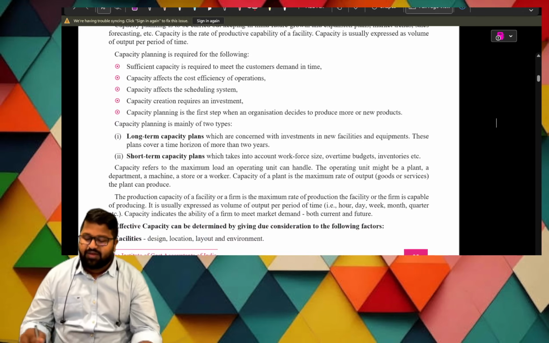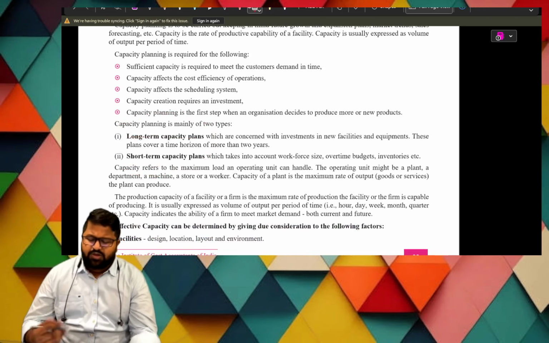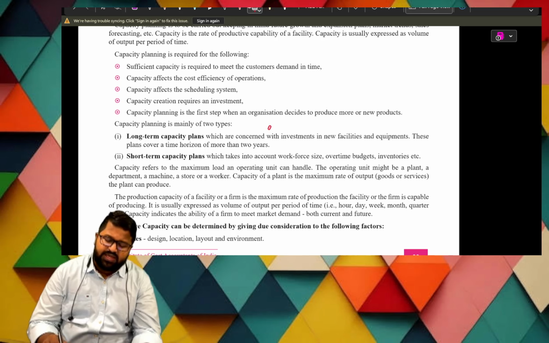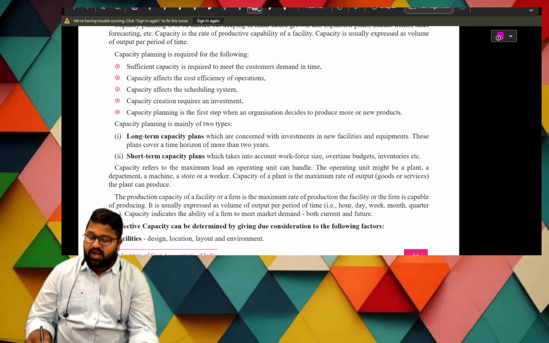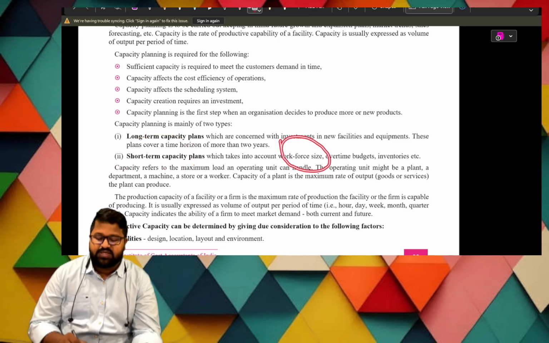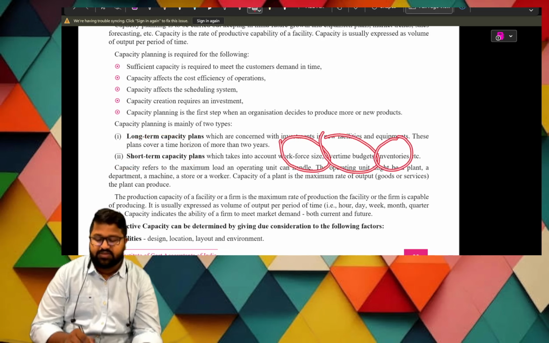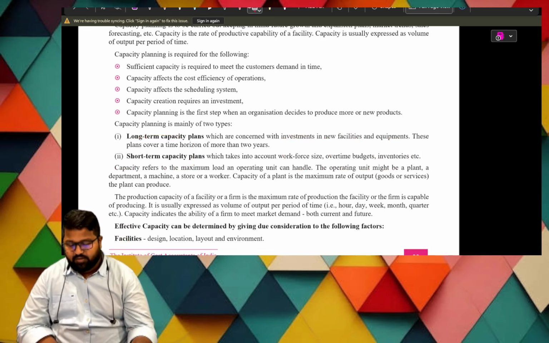Okay, now buddy, the capacity plans are divided into two categories. One is long term and the other is short term. The long-term capacity plan is considered one of investment in new facilities and equipment. Short-term capacity plans take into account workforce size, overtime budgets, and inventories. These areas are concentrated on by the short-term capacity plan. Done till here, and next,